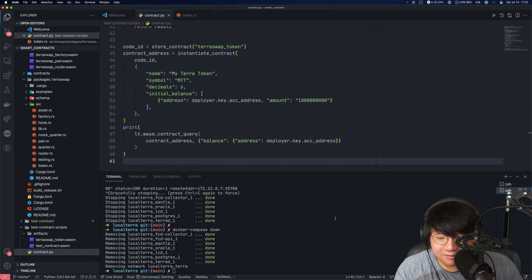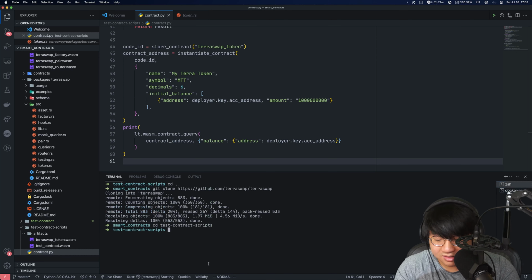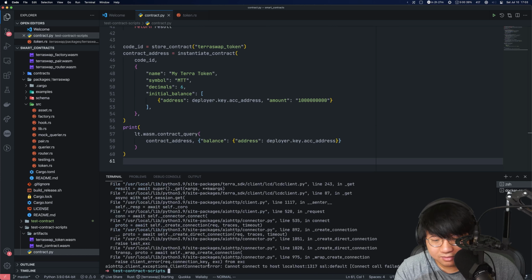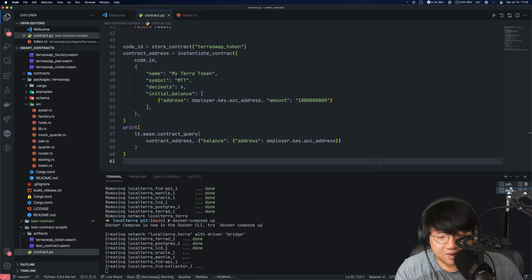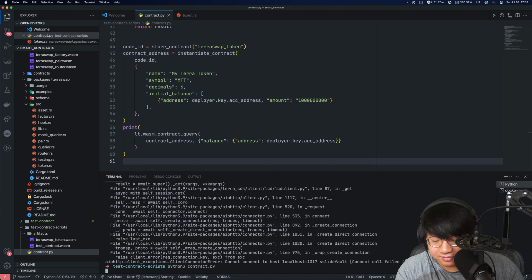Okay, so let's try running this. But first, let's see if our Docker is set up. So let's launch up LocalTerra. Wait for that to load, and we should be able to run python3 contract.py. Oh, it's not up yet. Takes a while sometimes. Okay, I think we should be good now.